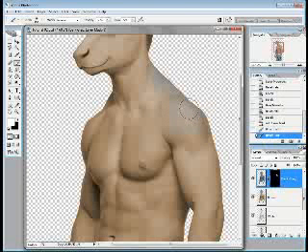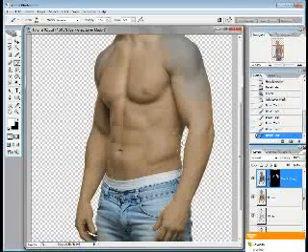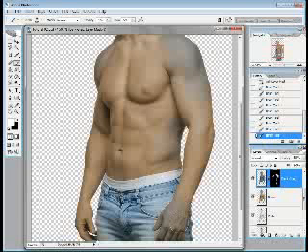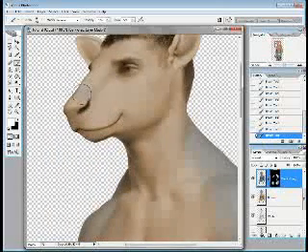You can now see the dark gray coming through. I'm going to up the opacity. Okay,